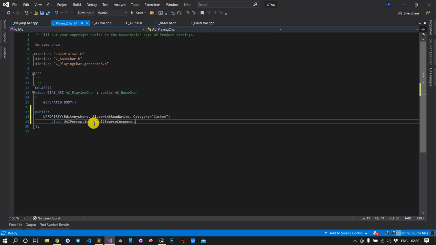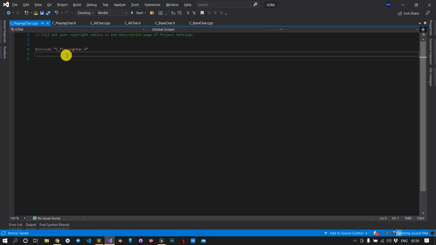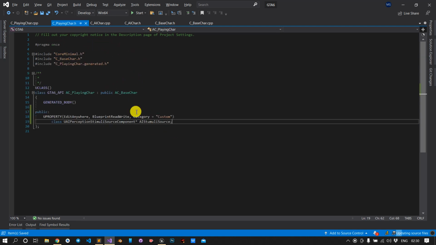I want this, and we will name it AI stimuli source. Let's press Control S. Now for the CPP, we need to include the header file. Next, we have to create the constructor because we need that component there.